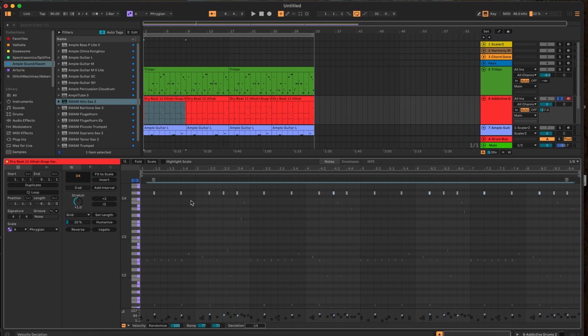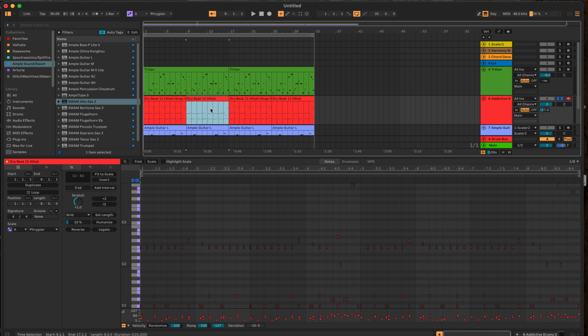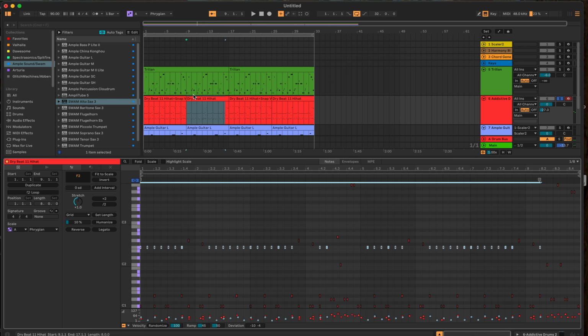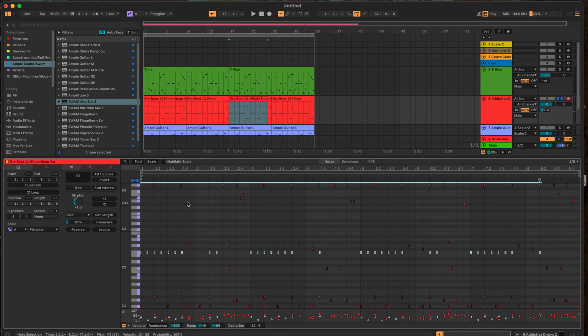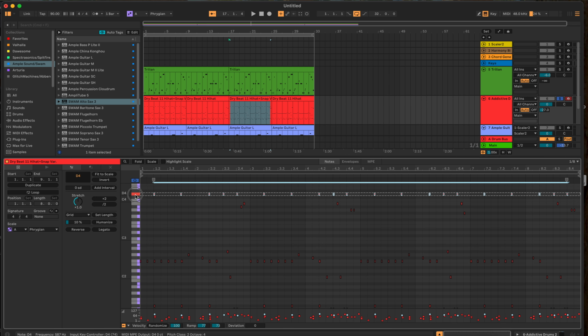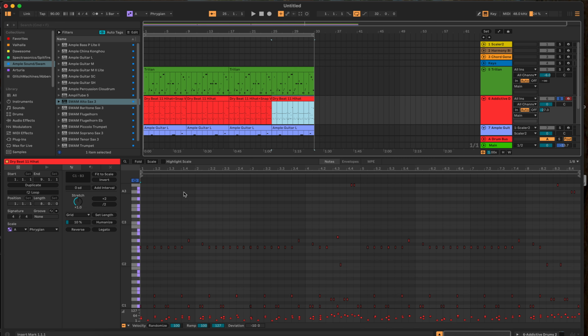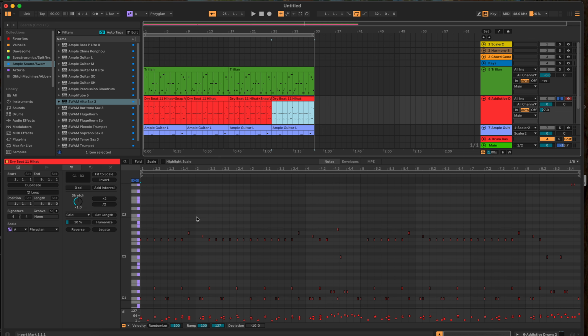By deviating it, every time it plays through, it's going to randomize the velocity a little bit. So it's not going to play it at the same level. So that's going to give your track a lot more variation. So you'll see I did it there. Did it here. I don't think these notes are actually in the scale, or in the sound. I'm not sure why the MIDI put that there, but now,